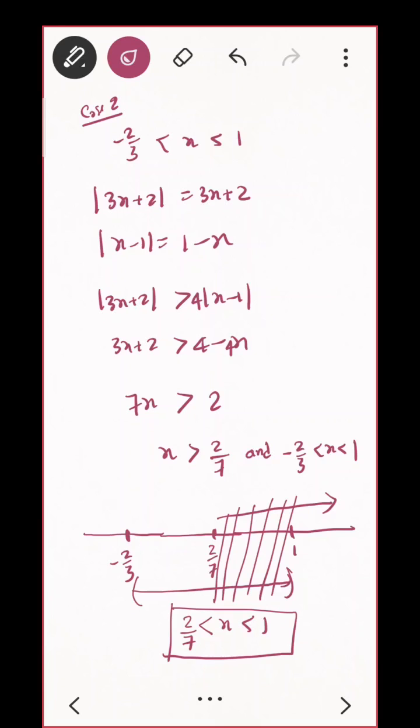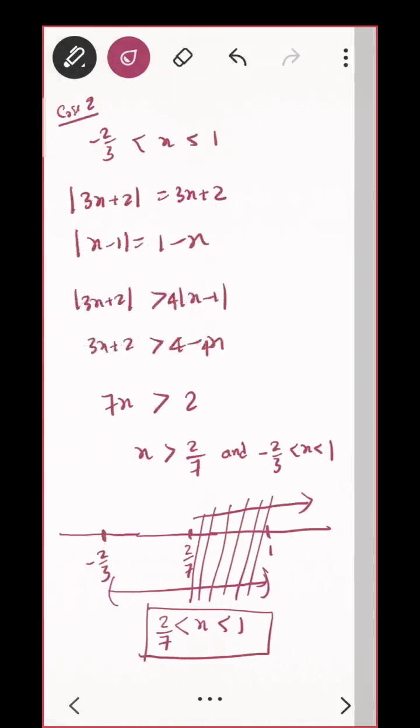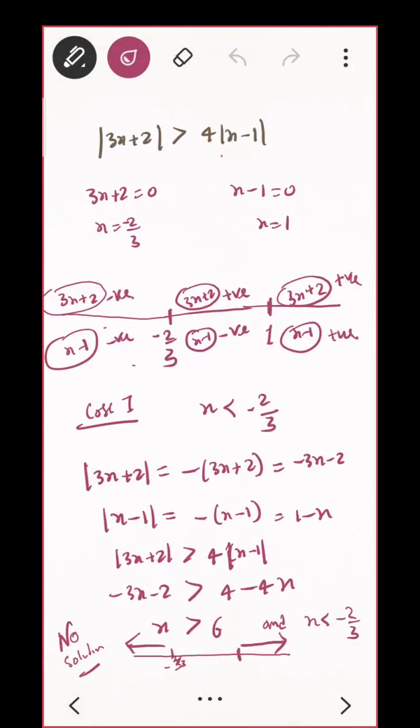Okay. Can you quickly do case 3? What is case 3? Yeah, x is no, you are not taking equal to for now. We are just taking inequality first. We are breaking it in three parts. Then in the last we will be putting the values 1 and minus 2, whatever it is. Okay. So what is the next one?